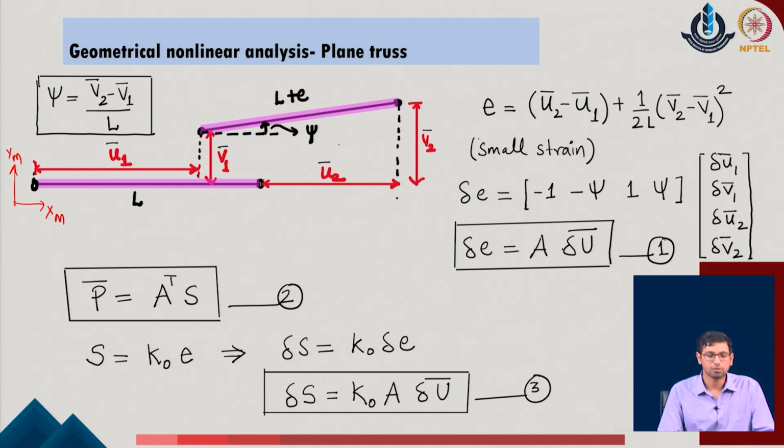To start with the process, in the last session we evaluated the general strain displacement relationship, which connects the change in the length of the given member with the nodal changes in the displacements of the given system. We must understand that del u bar are the nodal displacements, the small changes in displacement at the nodes, whereas del E is the change in the length of the member, the internal length change, and it is connected with a parameter A which we have written in terms of the parameter phi, defined as the rotation of the system, which is itself a function of the V displacement.